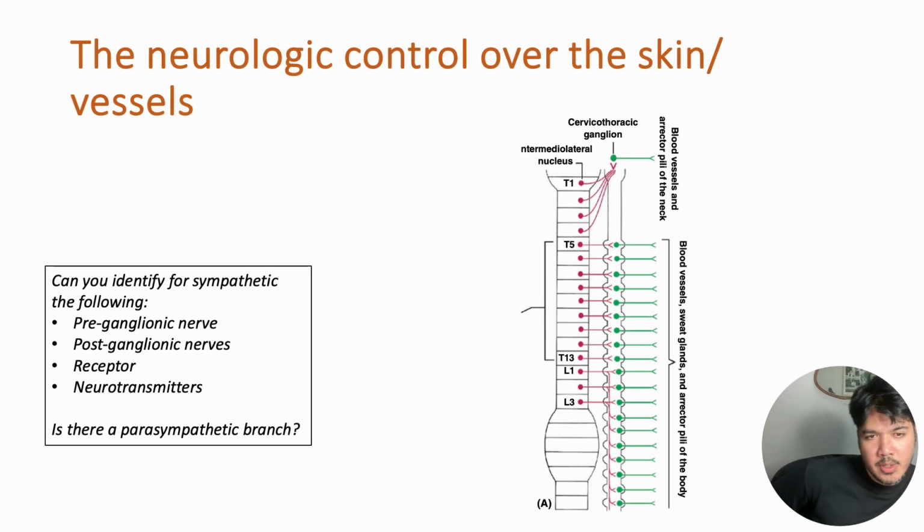Now we focus a little bit on the skin and the vessels. In the case of skin and vessels, it's pretty unique in the sense that we focus mainly on the sympathetic division of the nervous system. The vessels in our body are primarily controlled by your alpha 1s, so they vasoconstrict. Now in terms of their role,